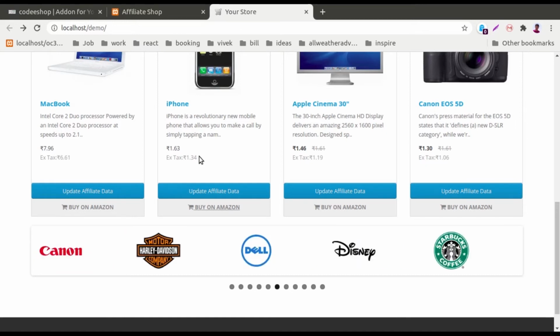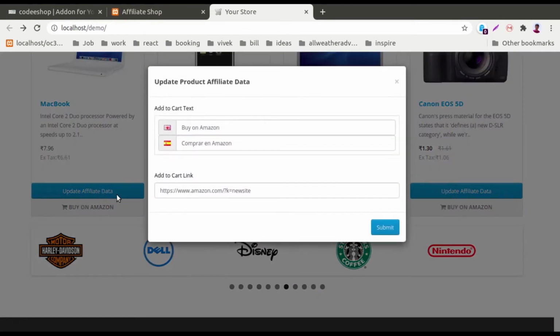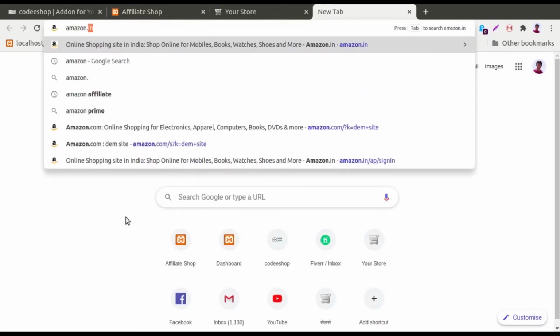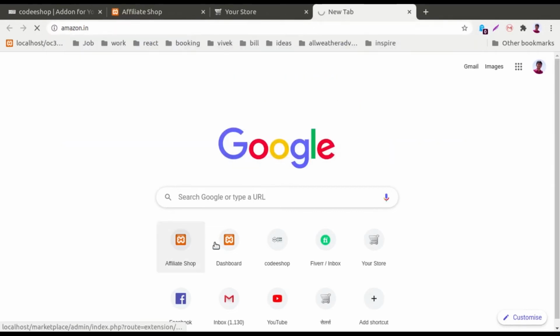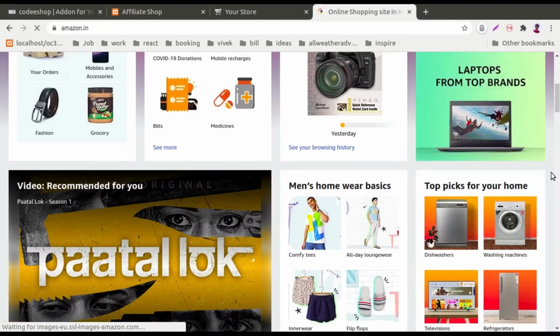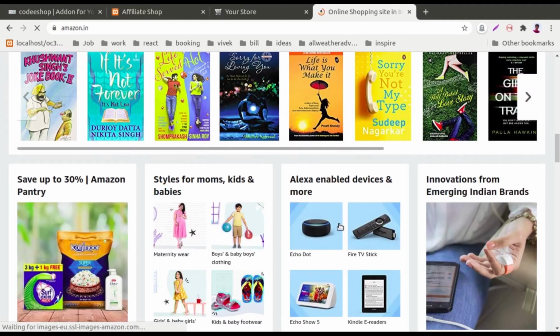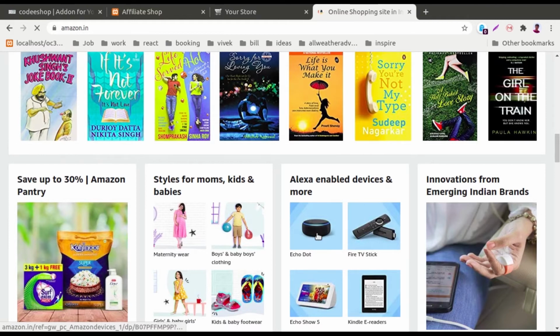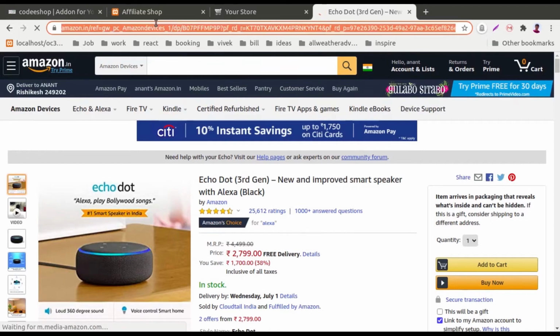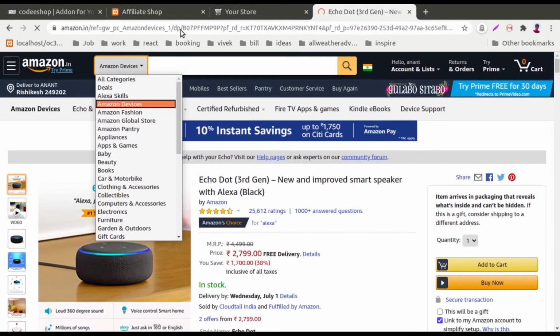So you can update, like in this product you can see I will use an Amazon website for this and select a product so that I can redirect the product to the Amazon website where I will share my affiliate link, as I'm just demonstrating it for a particular product and adding a link for this product.